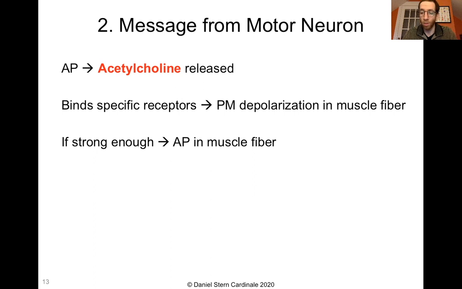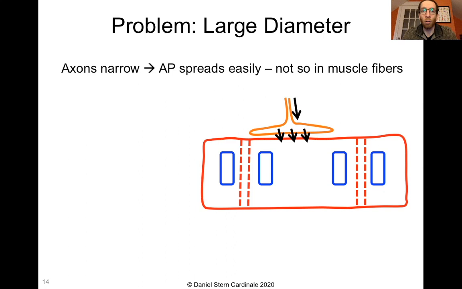Now we have a problem here. The problem is that these cells are extremely large diameter. One thing we know about neurons is that the axons that are actually going to experience the action potential are extremely small diameter. So it doesn't take a whole lot of ions to diffuse through that structure very readily. That's not true for muscle fibers. Muscles are these big, large diameter cells. So we have a surface area to volume problem where we can't effectively depolarize that cell like we would an axon. The solution is something we talked about before.